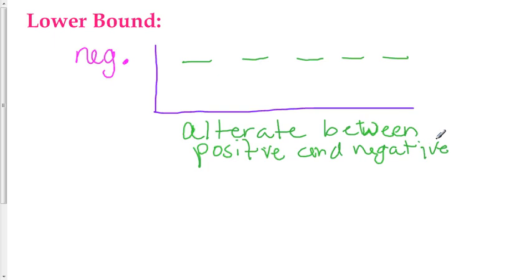If it does alternate between positive and negative, then that number that's negative here is a lower bound, meaning no number below that would have to be tried